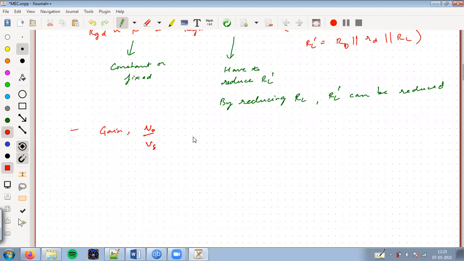So it is minus Gm into RL prime into Rn by Rn plus R signal. Okay, this is gain, overall gain of the circuit. So this part is actually AV. This is due to the input voltage divider configuration between Rn and Rc. So here, if RL is reduced, then overall gain is